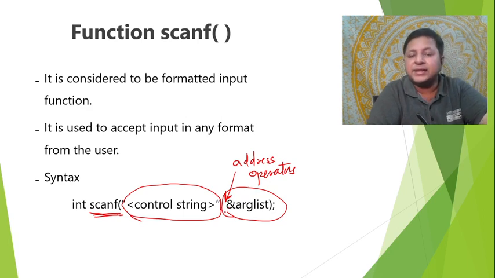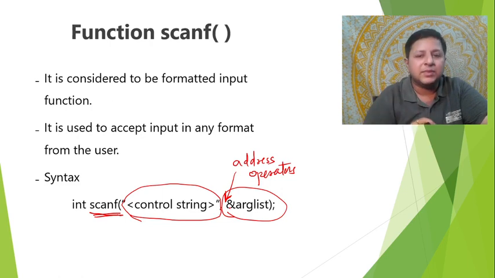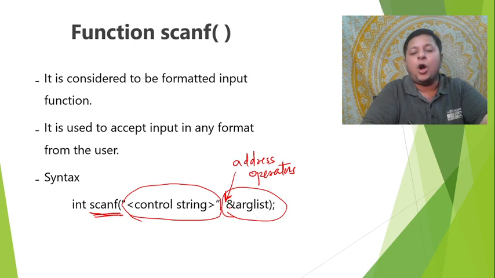Because whenever we are reading something from the user, I want to store that in a particular variable. If I want to store that variable, I have to access the memory location of the variable. And hence, what we need to provide here is the address. So you should understand one thing. Whenever you put arguments in scanf, all of them, with maybe some exception, which we'll also talk about later on, but most of them rather will have an ampersand, that is the address operator, because we will be providing the address of the variables. Okay, so that is about the arguments or argument list.